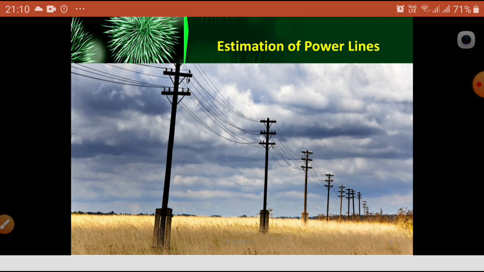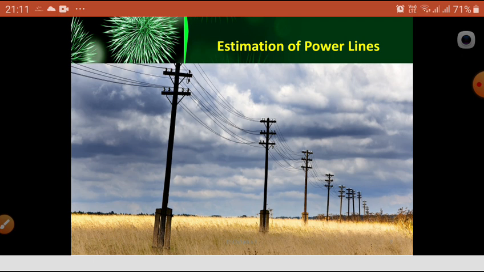So how many poles are required, how many stay sets, how many cross arms, how many pin insulators, how many disc insulators are required. We are going to do all this step by step. So this is the line we are going to erect. So what to do? Whatever the problem given, you just assume it and draw a single line diagram, from the substation, for example the DTR, distribution transformer, to the load center. What is the length given? What is the span given?